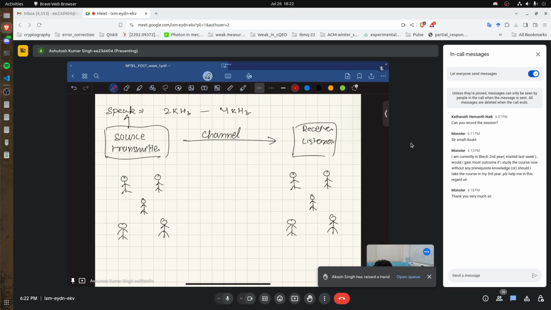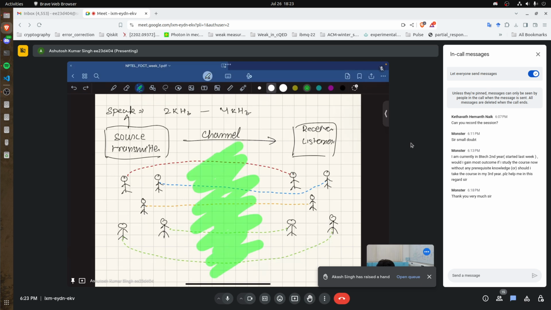Now let's say this person wants to talk to this person, this person wants to talk to this person, this person wants to talk to this person, same as here and here. Now you have 5 people who are separated by some geographical distance. Now if everybody is speaking at the same time,